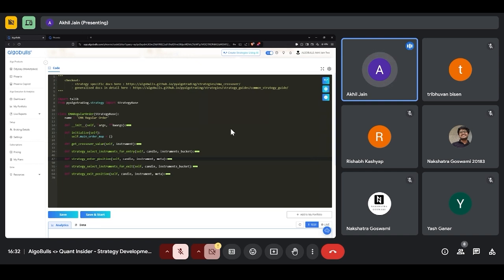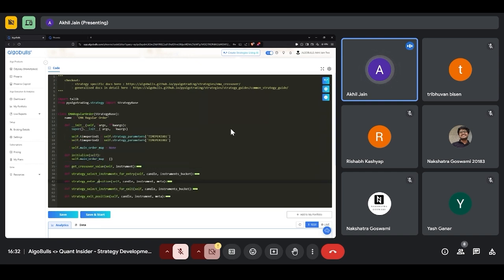As we said, we can give inputs to our strategy from outside. One of the inputs is time period 1 for one of the EMAs. Second is time period 2 for the second EMA. And then, when do we want each of these 4 methods to be executed, the candle time. I could select it as 5-minute, 10-minute, 15-minute. And finally, what do we want our bucket to be? How many instruments? Currently, we have selected 2, one is SBI and one is Tata Power. So this is how the particular architecture for a strategy looks.